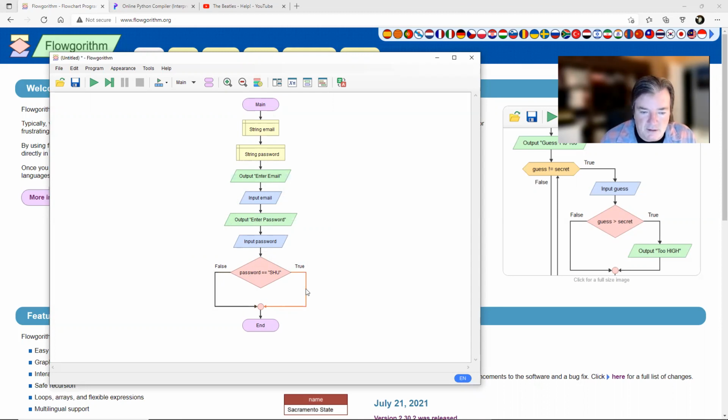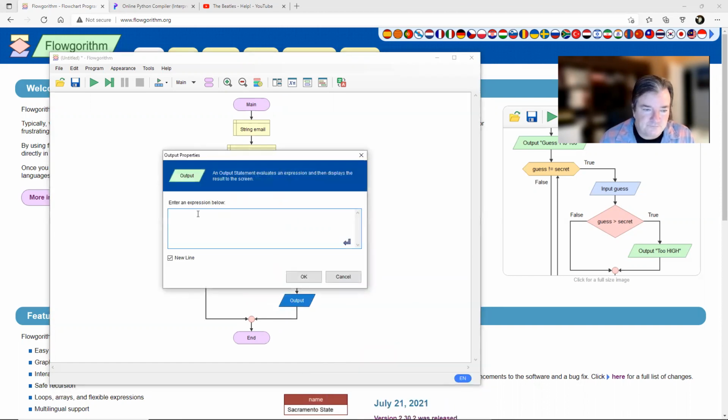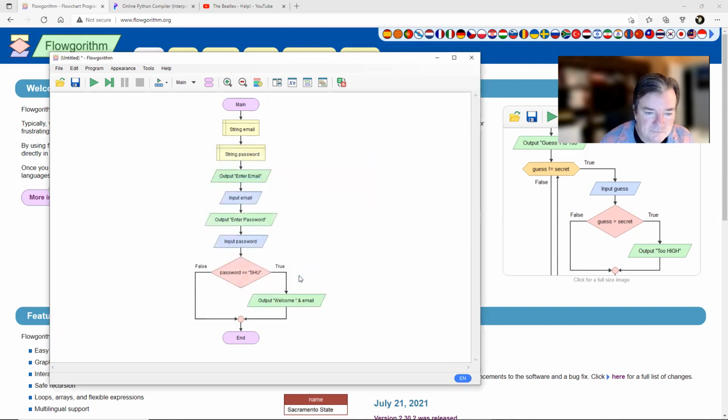So on the true side, I'm going to click on this arrow and I'm going to output "Welcome, " &email. So I'm not going to say, welcome, what's your name? I don't know that name. I just know their email. We're keeping this simple. Okay, so if they type in their password correctly, meaning capital SHU,